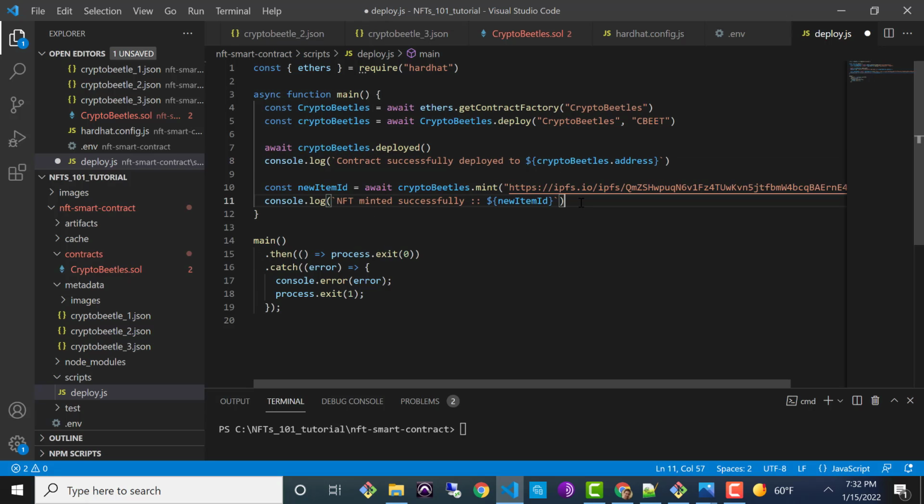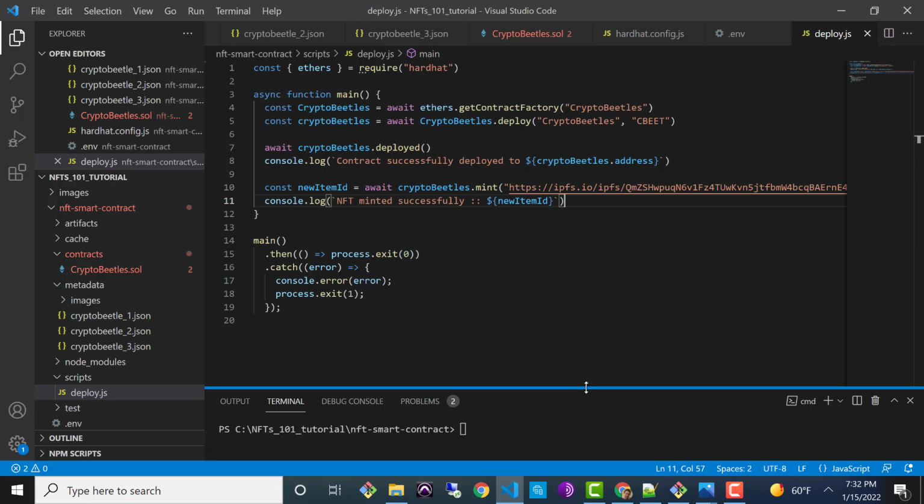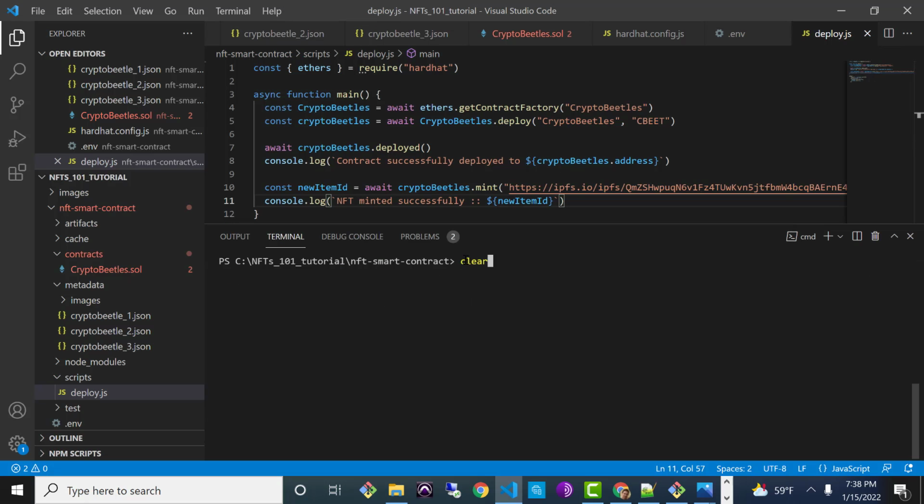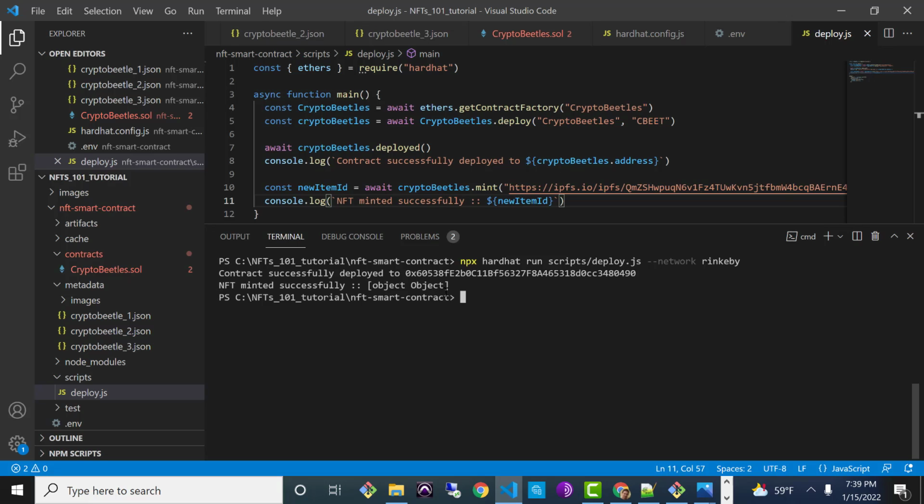I could probably take some time to refactor this code even more, but it's just an example. And in a real life scenario, I don't think I would really code my deployment or my minting in my deployment script like this. So let's just keep it simple for now. And let's try our deployment again. All right, so I'll go ahead and run that deploy script again. All right, excellent. So it looks like we finally have a successful deployment,